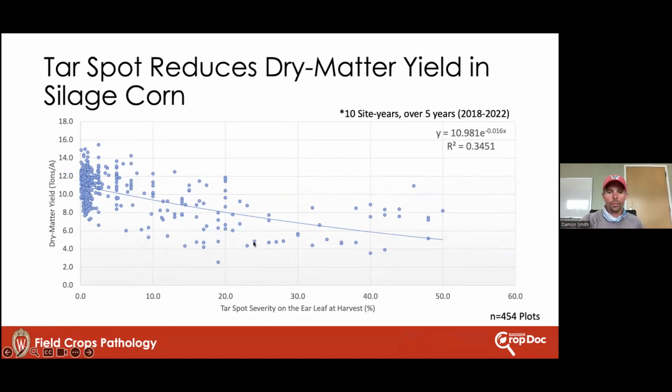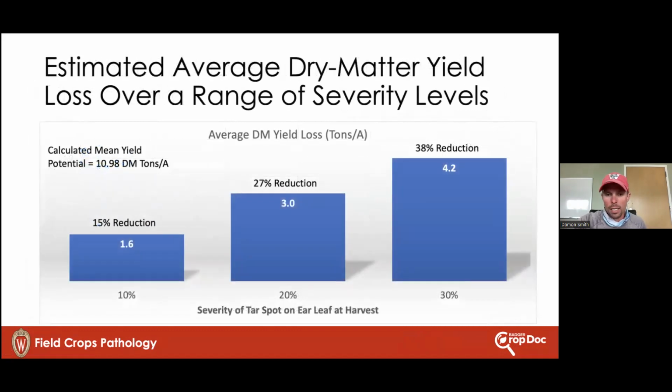We can solve for this line and work out what that projected yield loss is, and I did that in this graph. If we look at, say, 10% severity at chopping time on those ear leaves, we're looking at around a 15% reduction in dry matter yield. It's a 27% reduction in dry matter yield at 20%, and as high as almost 40% reduction if we reach 30% on those ear leaves.